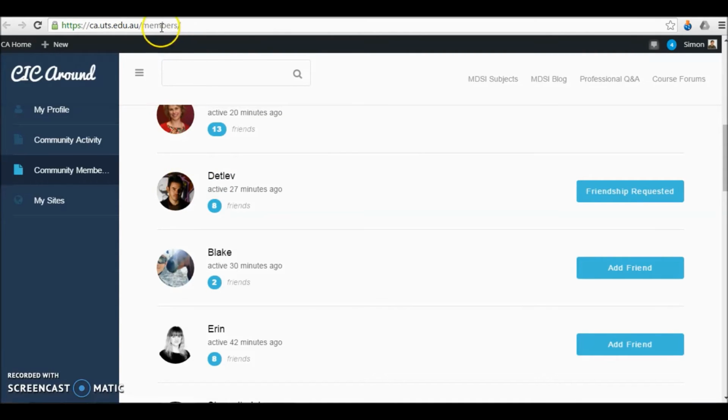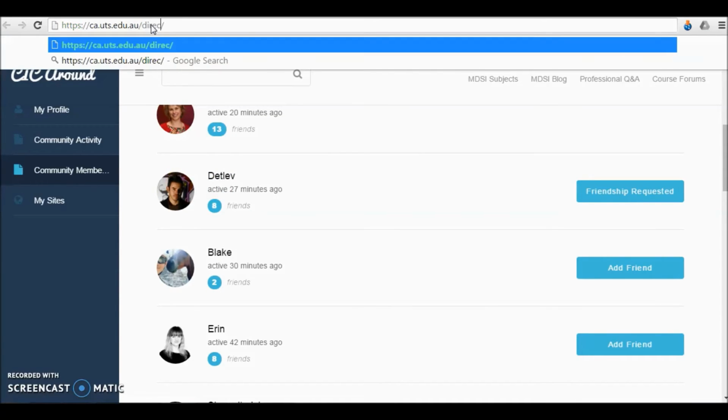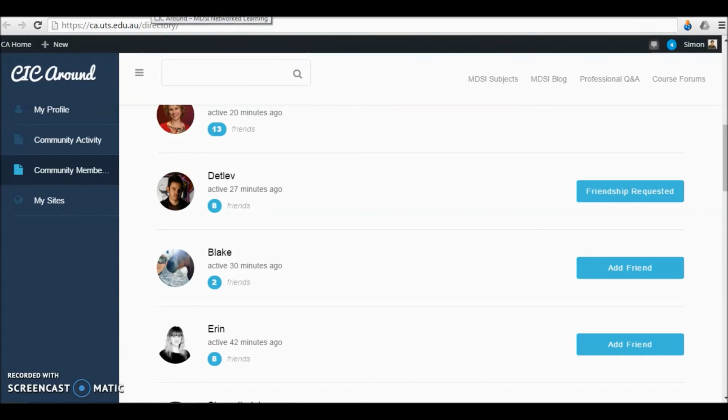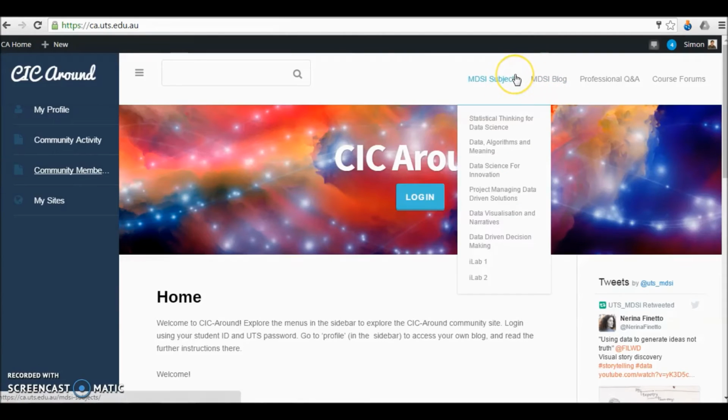The directory link, which isn't currently in the main sidebar here, will give you information about people's most recent posts, and we're working to integrate the two at the moment. So back on the main site, you can see in this menu that we have spaces for each of the subjects. So we look at DVN, this is probably the most fleshed out.